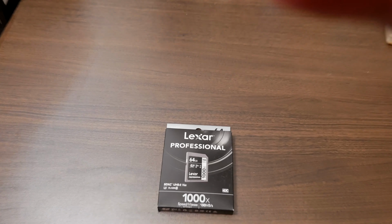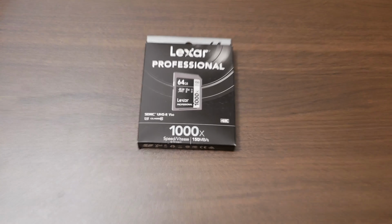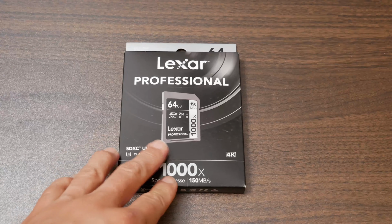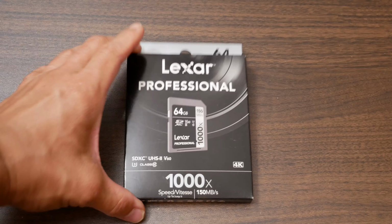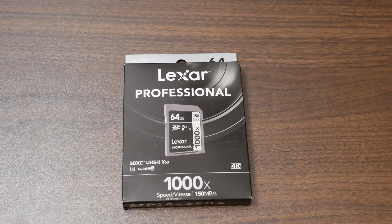And I got this because number one, it's pretty reasonably priced. And from what I hear, from what I read, it's better to get like 64 or even 128 gigabyte cards and not get too big of an SD card, because if something happens or gets corrupted, you can always have another card to use. So I've always used like 64 gigabyte cards,